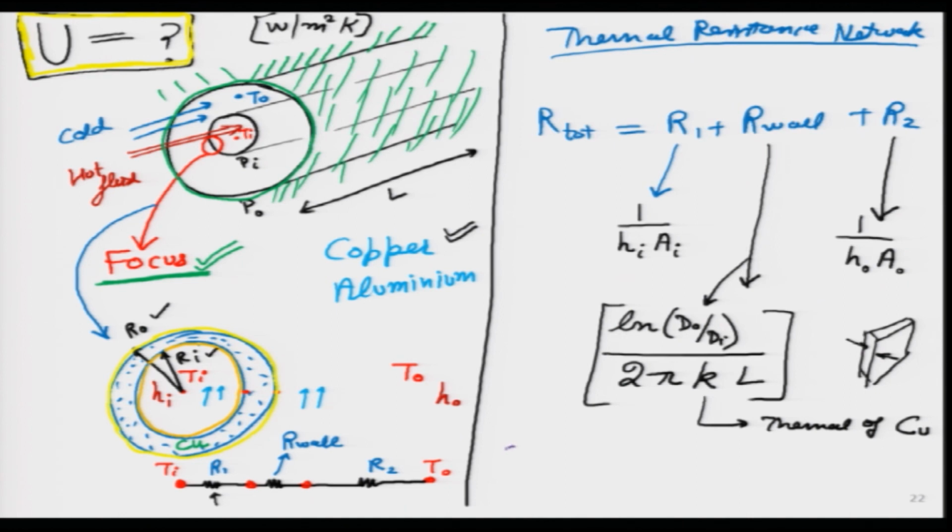So, I am going to write something like q dot. In one way, I can write q dot as the current, which is voltage difference divided by resistance. So, the voltage difference is delta T, and the resistance is R total. In other words, I will write it like this. This one I will equate to overall heat transfer coefficient into delta T. For now I will stop over here, but when we meet in the next lecture, when we look at the second part of the heat exchanger lecture, we will continue from this point forward.